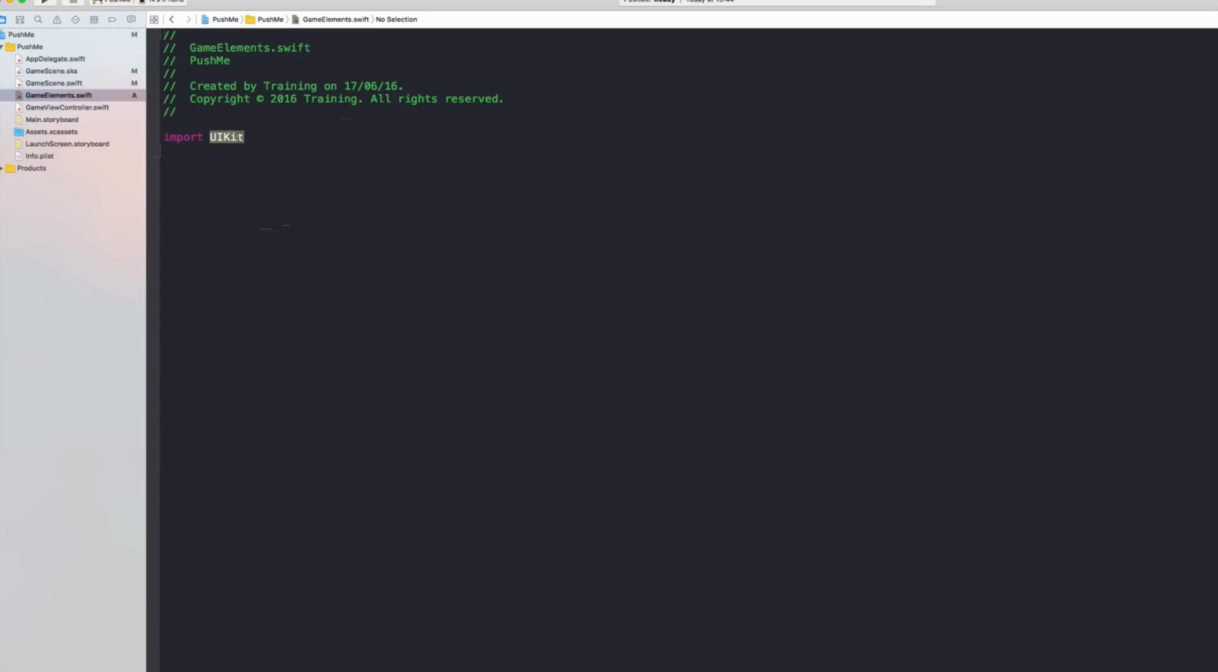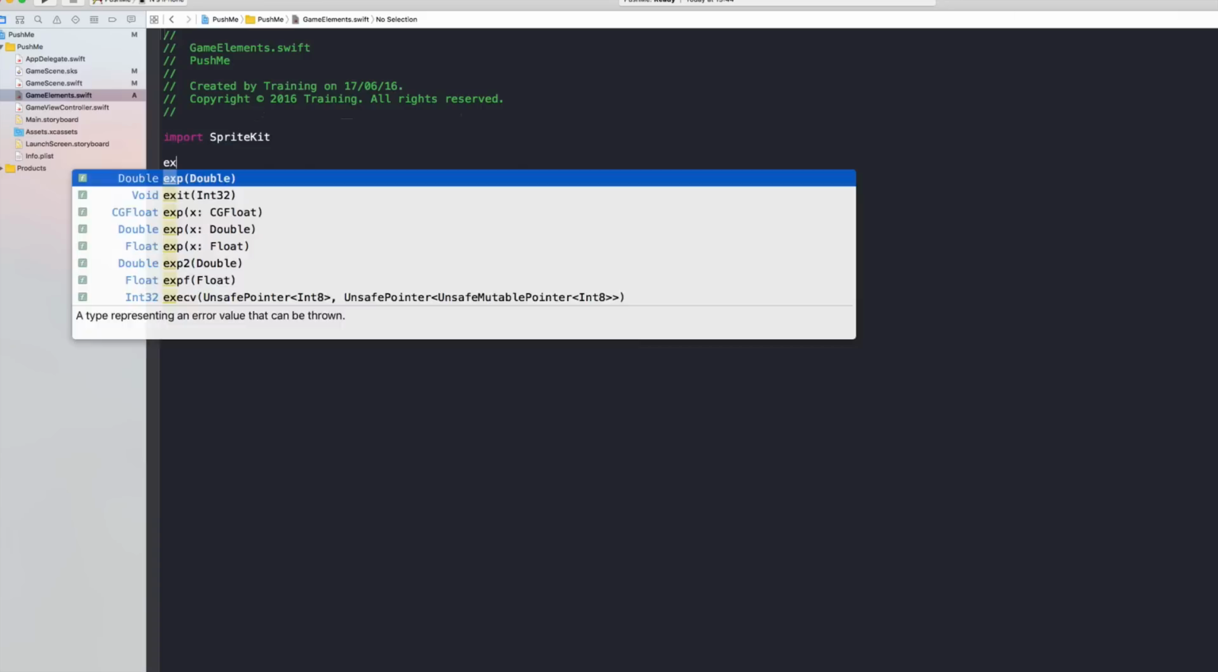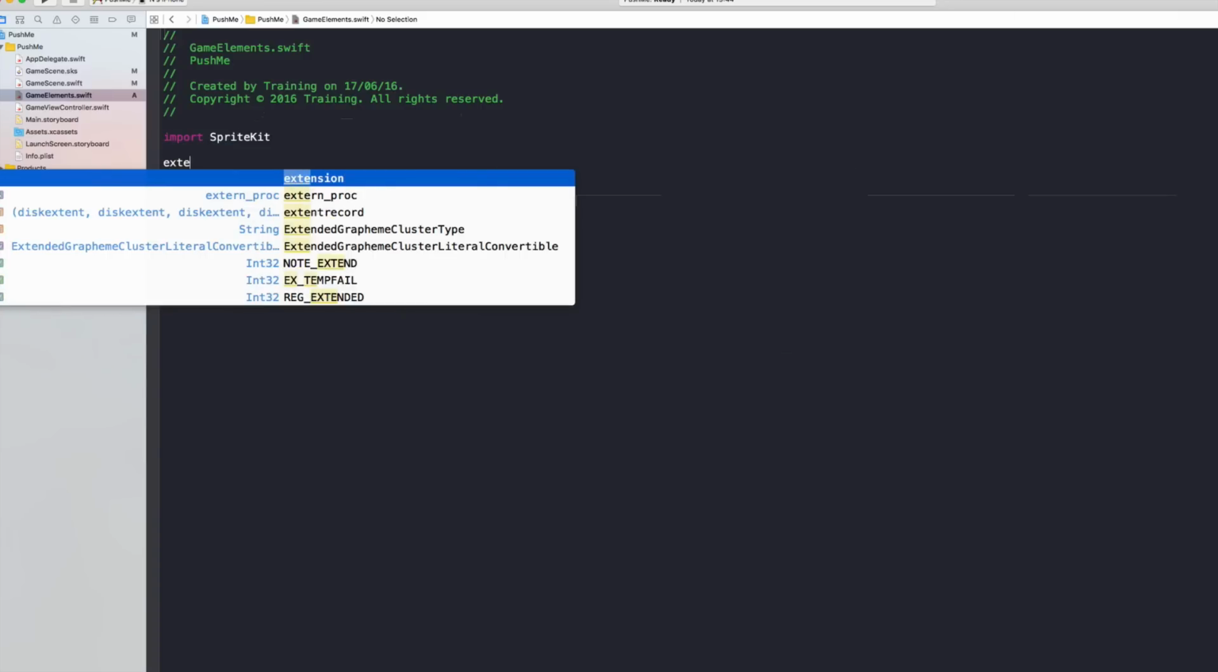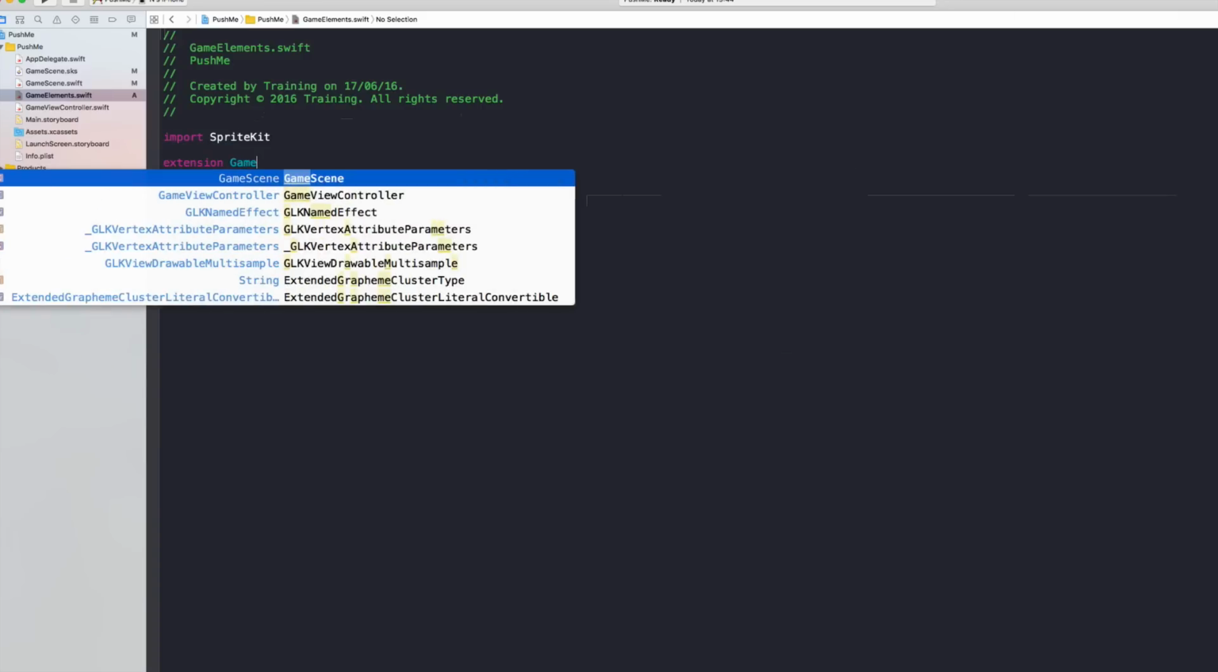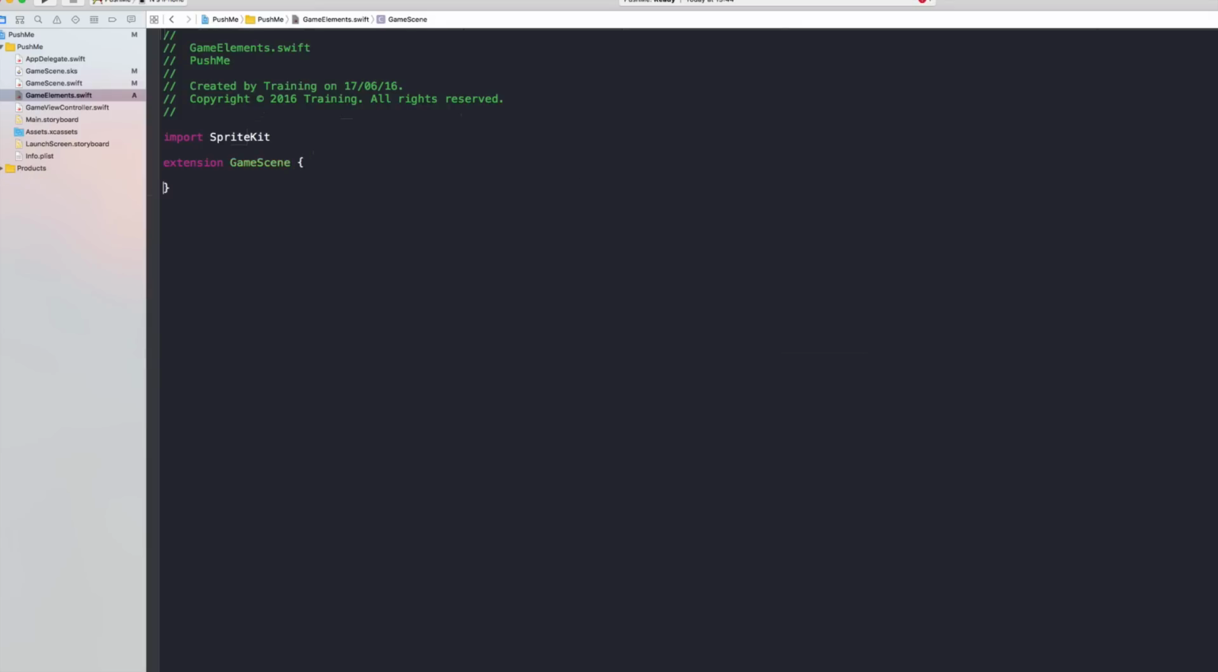Don't import UIKit, but let's import SpriteKit here. And we will then write extension, and then it's an extension of GameScene. And then we are good to go within the curly braces to define new methods and so on. So the first function that we want to create is the addPlayer function. And it does all the heavy lifting regarding the players and also creating the sprites and giving them some physical